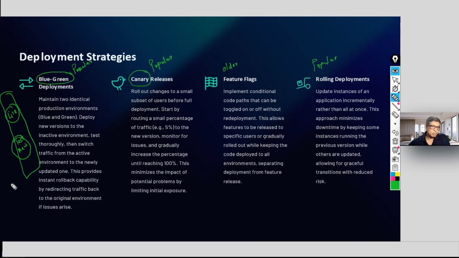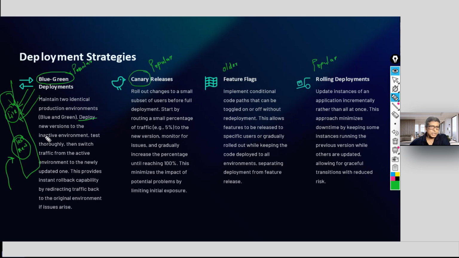So your new software has been deployed over here. And the live, so all your customers are connected. So the traffic is connected to this live environment, right? On the production box. No customer, no traffic is diverted to this. So what you do, you deploy your new product into this environment space. Okay. You thoroughly test it.